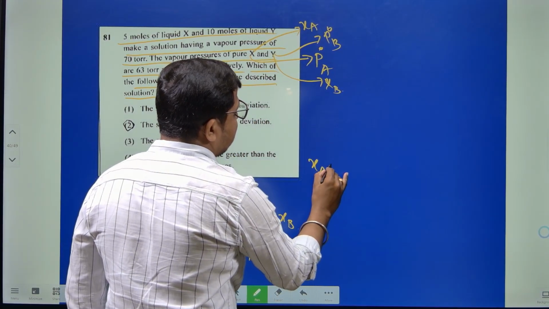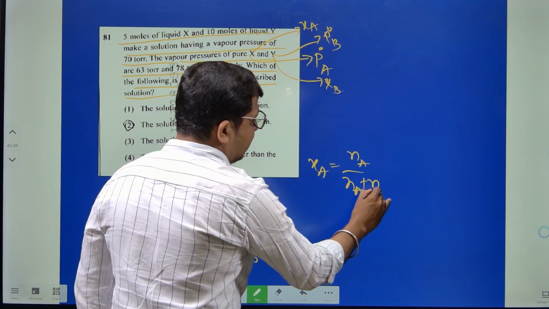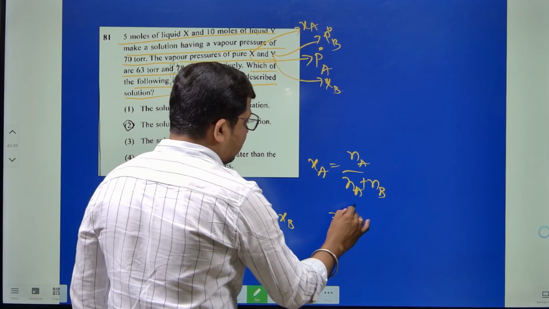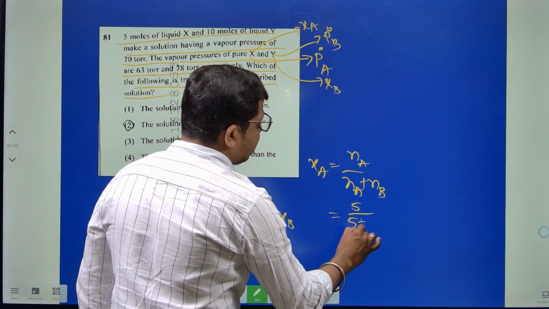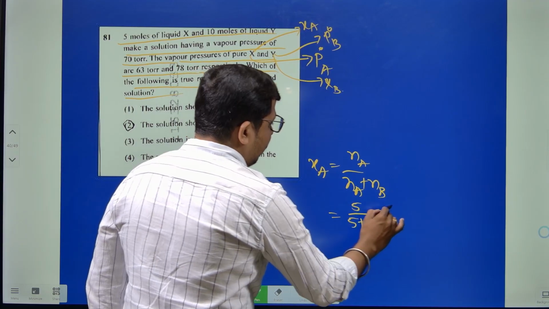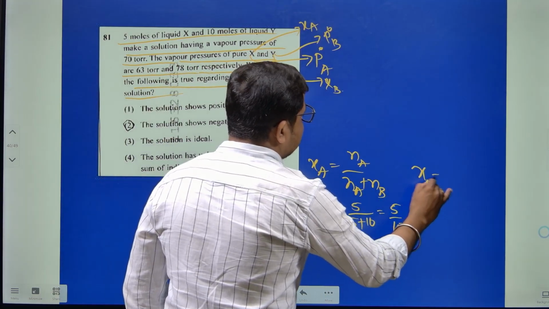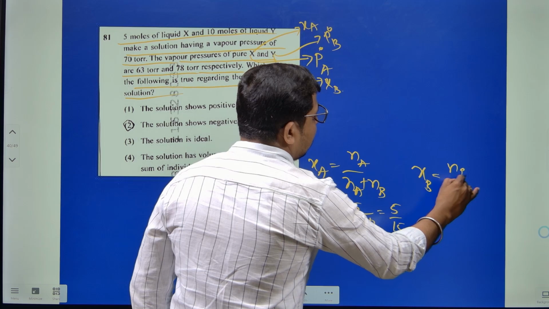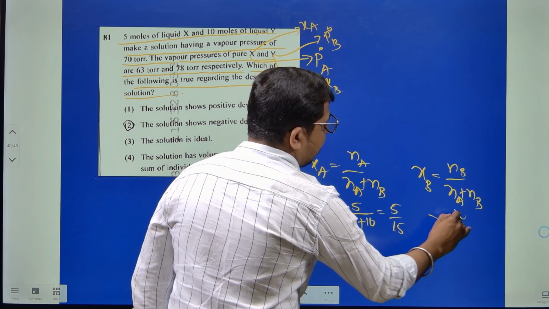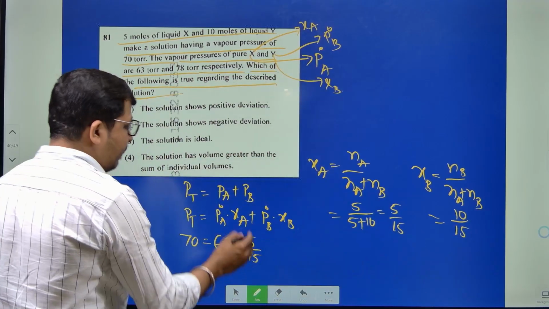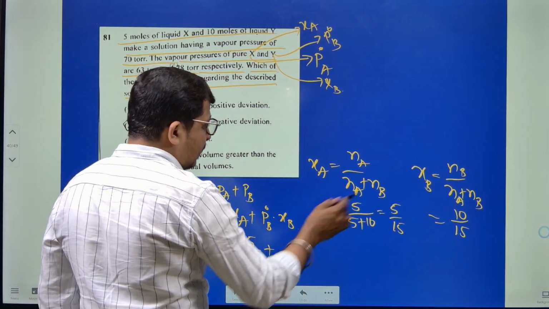XA is equal to Na divided by Na plus Nb, that is 5 divided by 5 plus 10, which is 5 by 15. XB is equal to Nb divided by Na plus Nb, that is 10 divided by 15. Very sorry regarding this one. Therefore, we substitute the values: 63 into 5 divided by 15